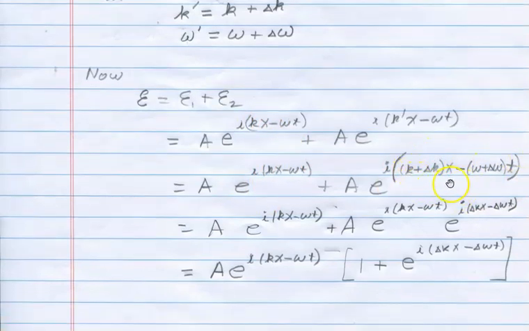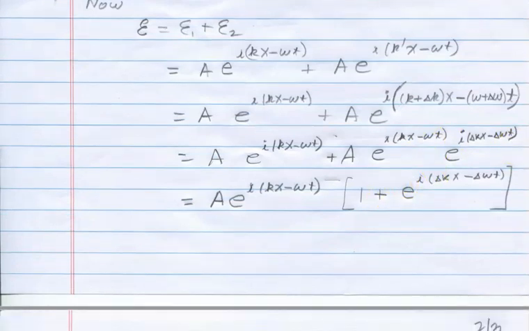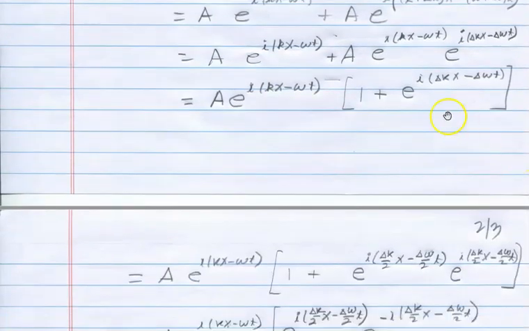You can rewrite this one using the properties of exponents as e to the i kx minus omega t, and then an e to the i delta k times x minus delta omega t. So I'll factor out this piece from that exponential, and that's just so that I can take this outside the whole thing. In fact, I can take an a out, and I can take this exponential factor out, and I'm left with this. And then, as will become clear in a second, what I'll do is write this one